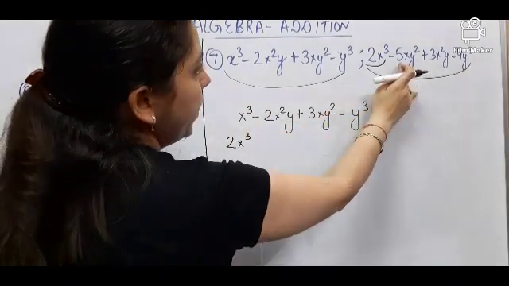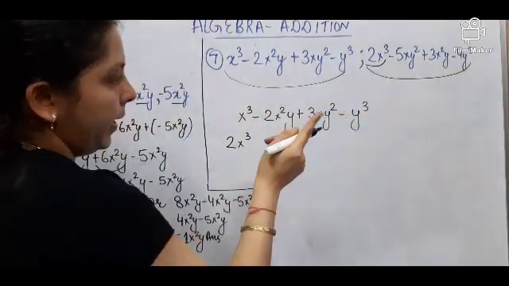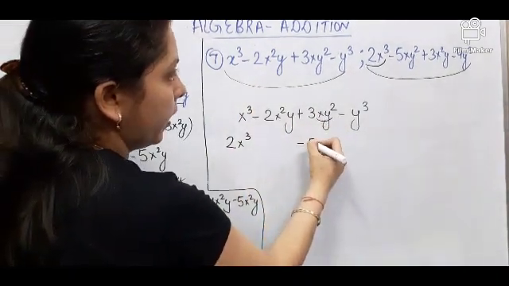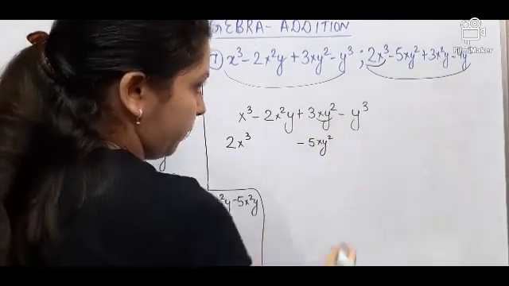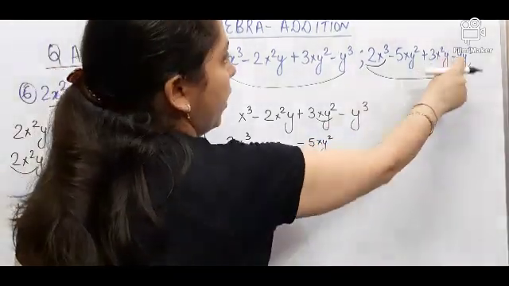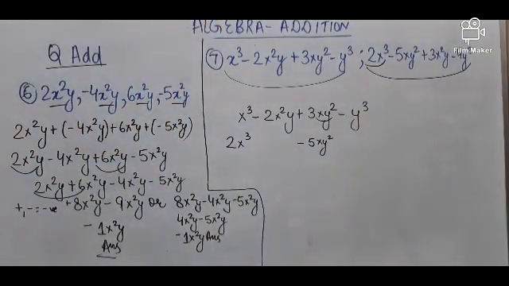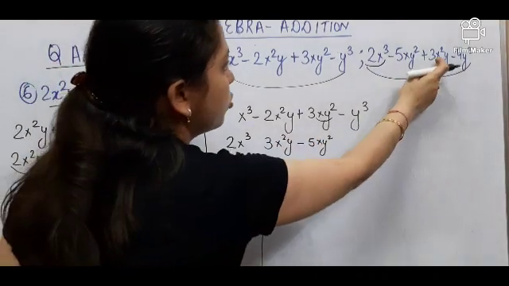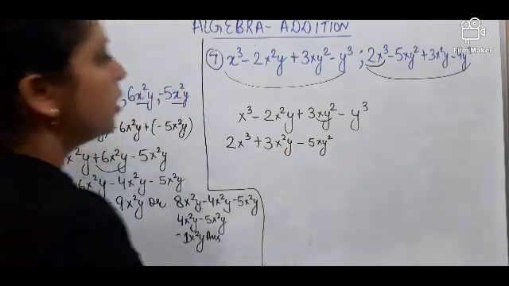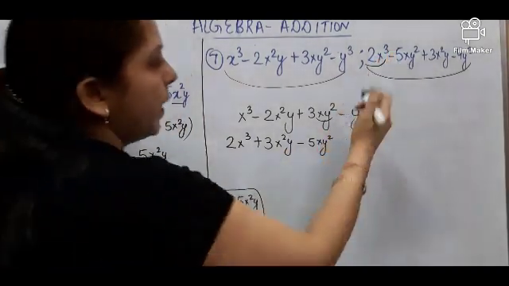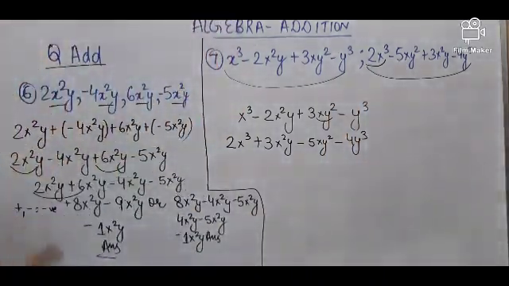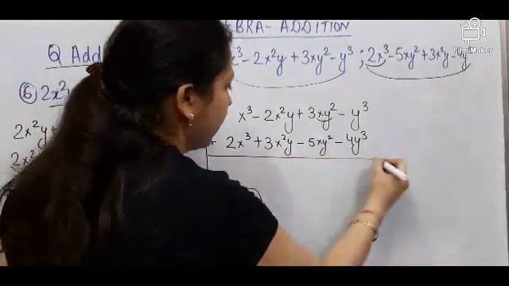Now next we have xy square. So xy square I have here. So I will write minus 5xy square under it. Next I have x square y. So I will write it under here, 3x square y, and 3x square y is preceded by positive sign. So we'll put positive sign here. Next is minus 4y cube. That means in column method we also write according to the like terms.